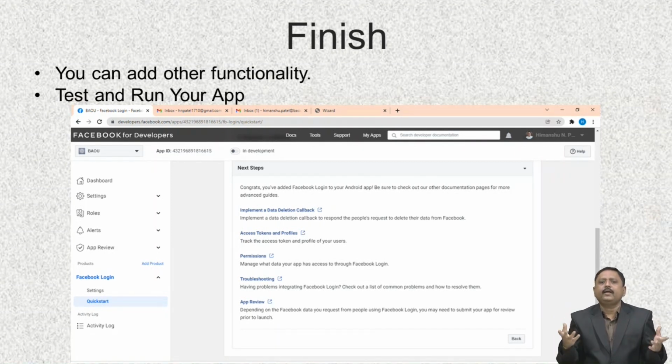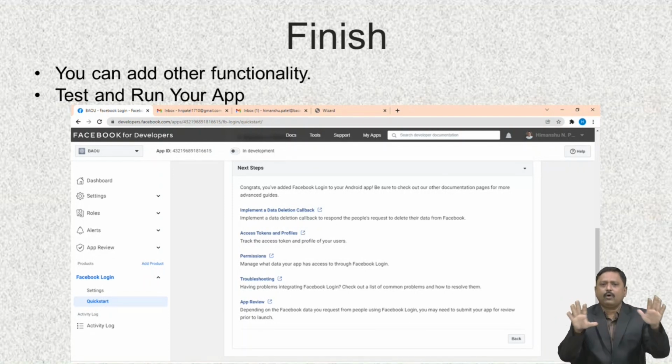But you can add other functionality, and for that you have to refer to the Facebook SDK documentation. So in the next step you can explore this documentation to add more functionality to your app. So these are the basic steps to connect your app with Facebook, right?